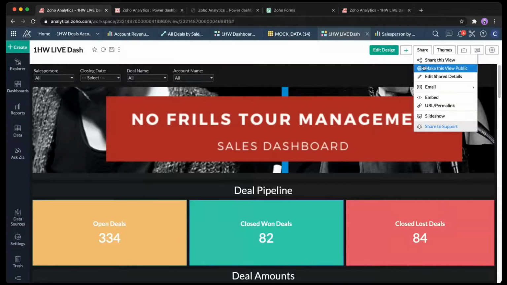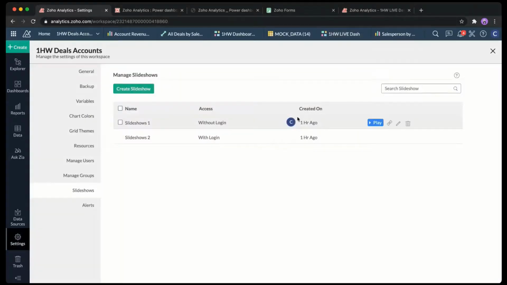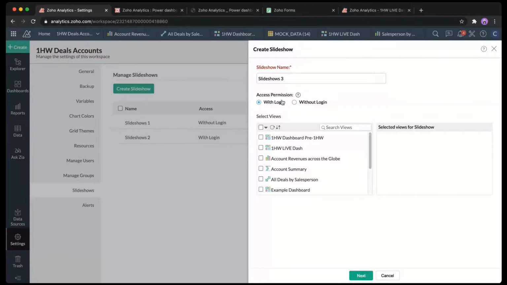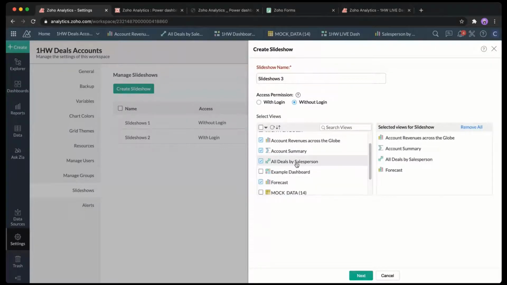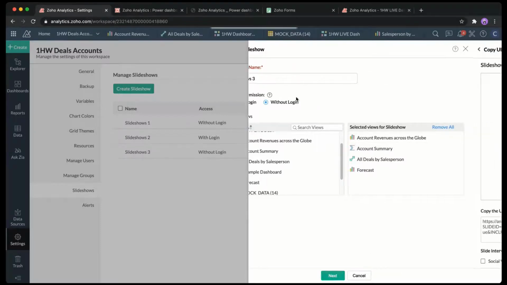Okay, and then the final way of sharing, if we click on the slideshow, then we can create a slideshow. And again, we can choose access permission for with or without login. Let's choose without login. And this time, we're not going to use our full dashboard. We're going to use our reports from earlier. So let's choose these 3 reports or 4 reports. So we've got the 4 reports, and we want to create a slideshow with these 4 reports. Click on next once you've given it a name,